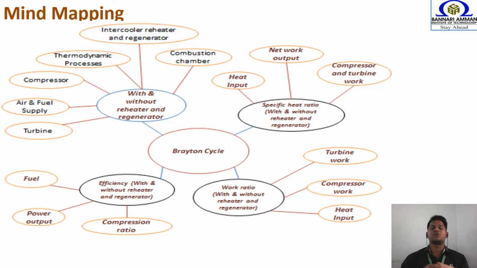These things decide the efficiency of your Brayton cycle, the amount of heat energy to be supplied, the amount of heat energy to be rejected, the work input given to the compressor, the work output from the turbine, and the overall efficiency of your Brayton cycle. All these parameters are included in a single parameter, which is called the pressure ratio, RP. The pressure ratio is the only parameter that can tell you the efficiency of your system.